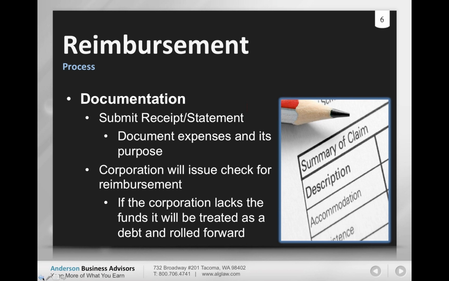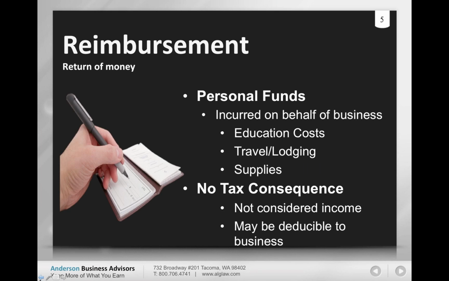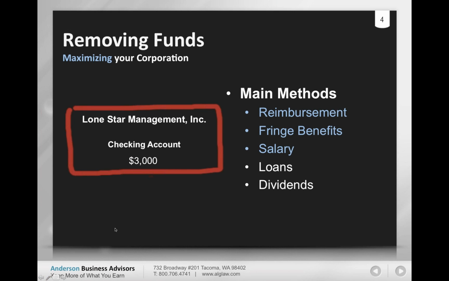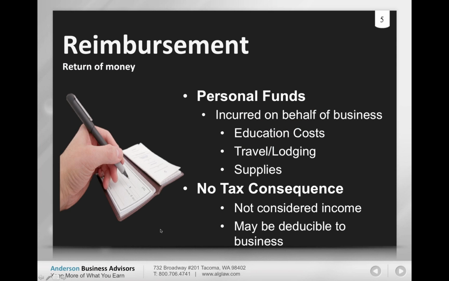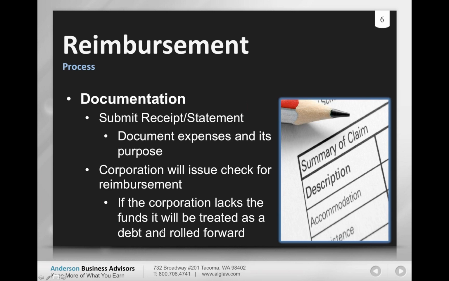I guess I have to hit the button that says share my screen. So, yes, let me go back just a slide. Thankfully, you guys didn't really miss anything as far as that money flow. We're paying our corporation, and based upon last time's example, at Lone Star Management, it's receiving a management fee of $3,000. So we have these main methods to remove the funds from the corporation: reimbursements, fringe benefits, salary, loans,